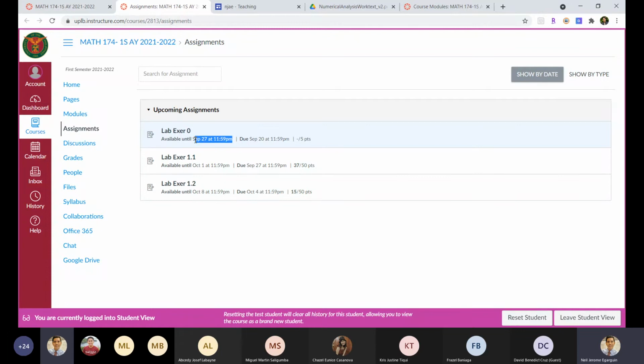So hindi ko malalaman yung nangyayari sa inyo if you wouldn't share it with me. So if you feel you wouldn't be able to meet the deadline, just let me know and I'll make the appropriate adjustments. All right. But again, preferably do it ahead of time. So kung alam niyo na naman na hindi niyo matatapos, sabihan niyo ako kagad. All right. Huwag naman yung after the deadline na kayo nang magsasabi na, sir, hindi ko na meet yung deadline.